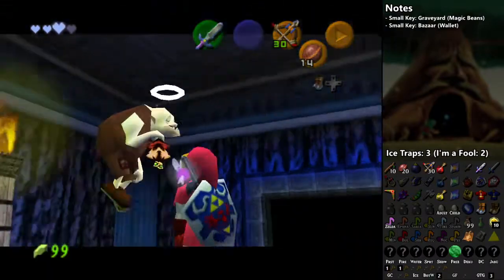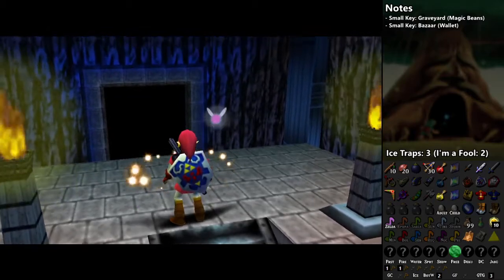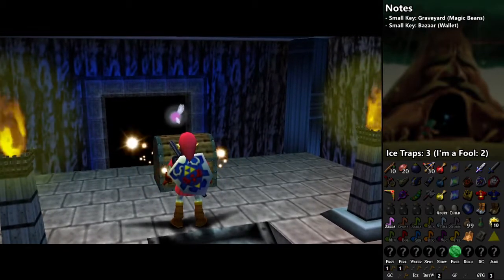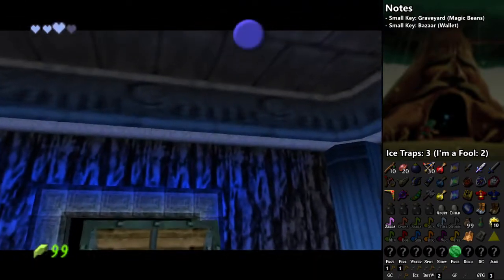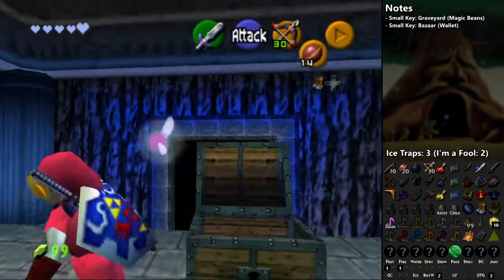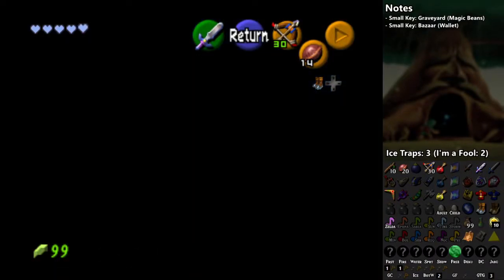Yeah, hooked on the gate there. Alright, so this gives me the first reward, which is... suspense. Okay, well that's kind of okay, because what I'm about to do here, normally when you go into here,